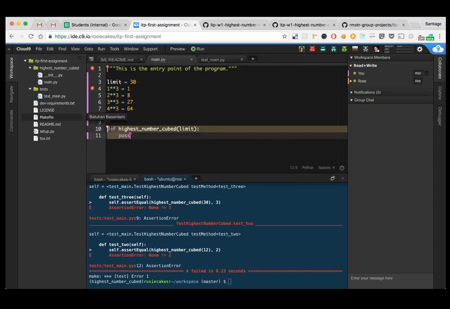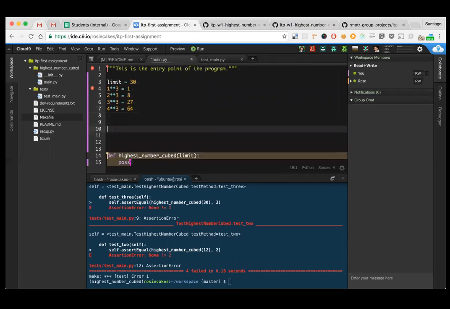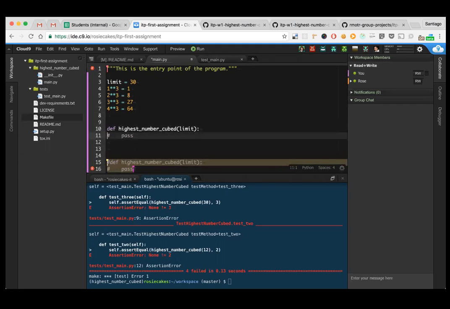Can you guys unhighlight this code? All right, thank you. All right, so